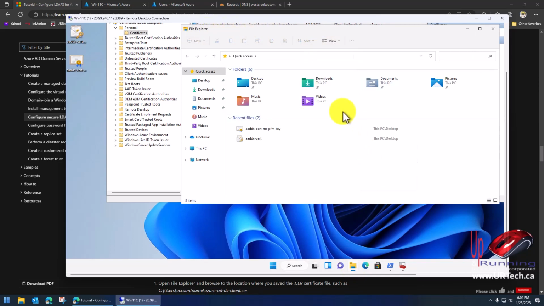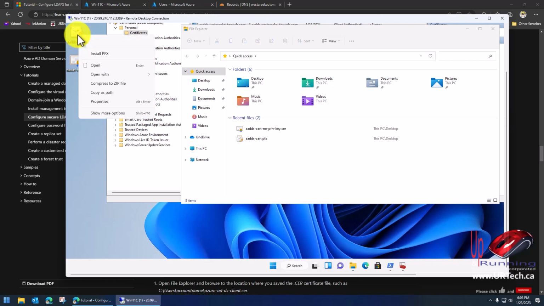I just can't handle not having file extensions on. I also like having hidden files on. There we go, so I know what the heck I'm dealing with. Anyway, there it is. We have to copy that